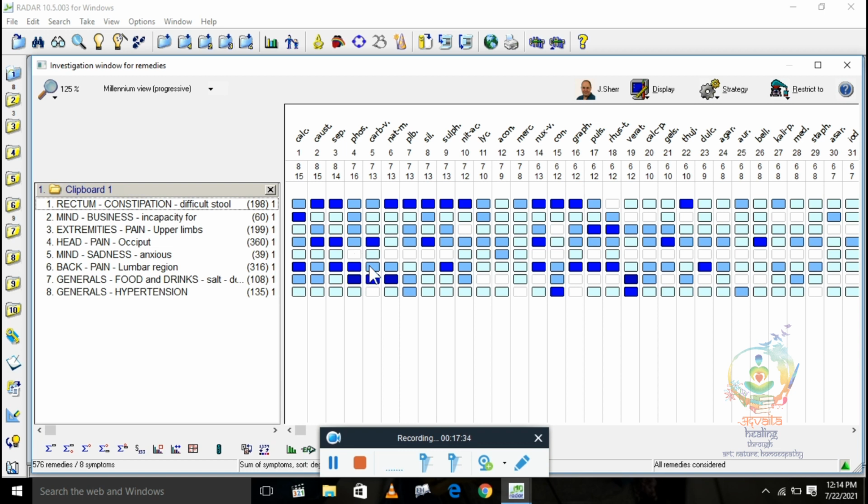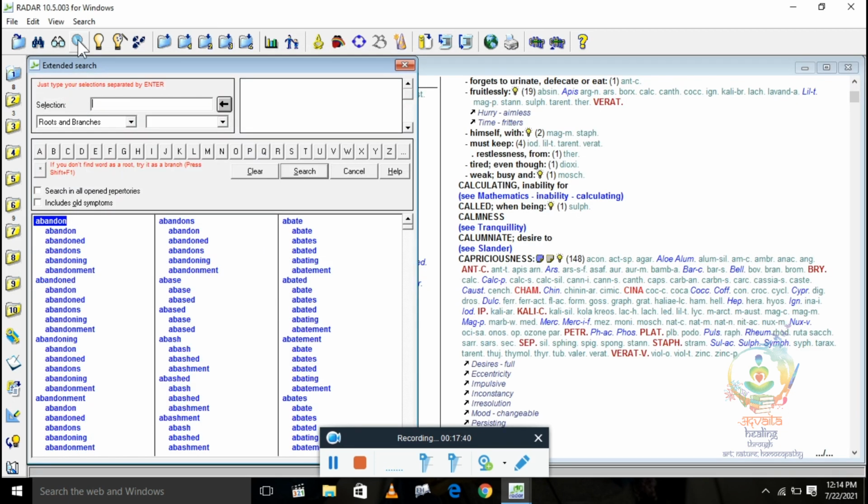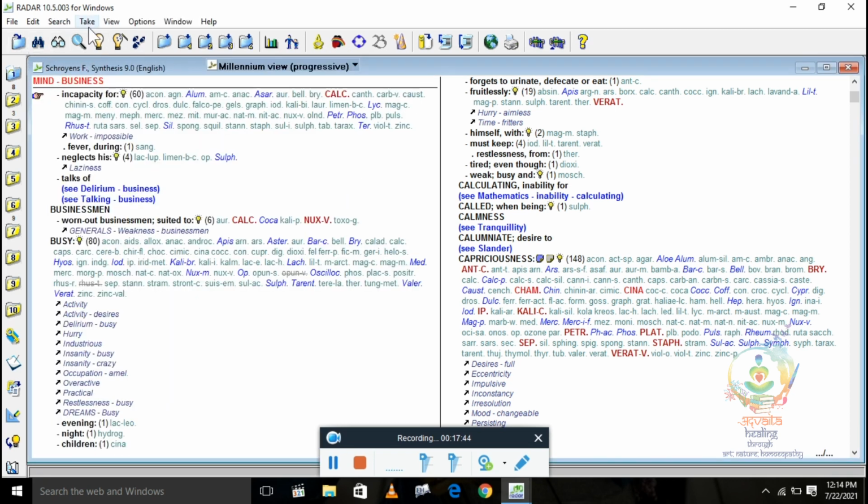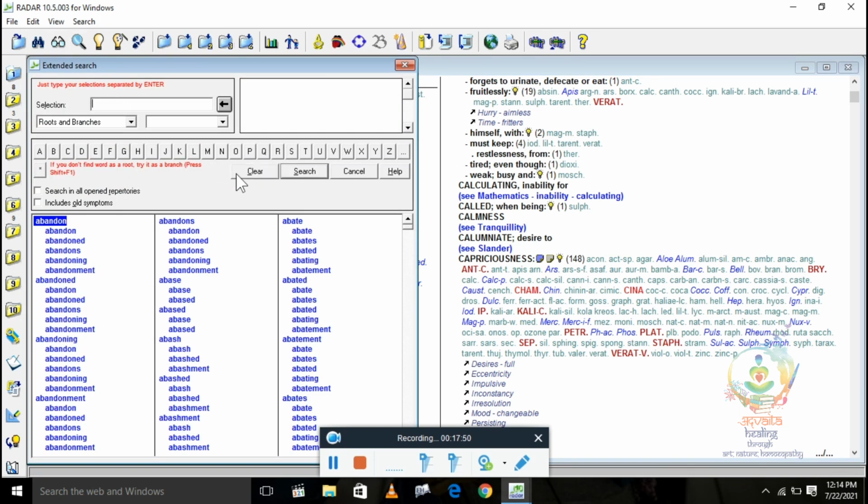Okay, like that. Now we are going to the next, the extended search menu. See this button, you can see a lens. You just have to click on it. So here a few features are given which are so important and will be helpful for beginners.